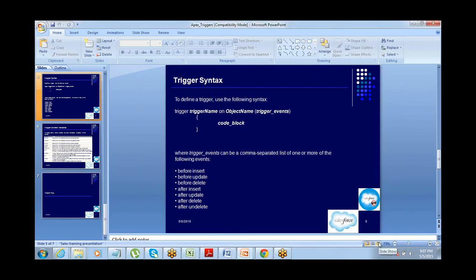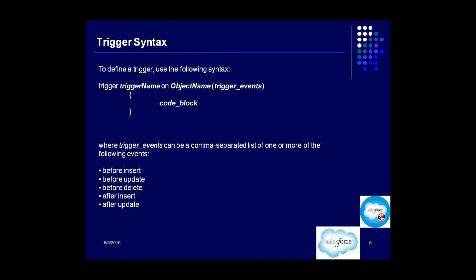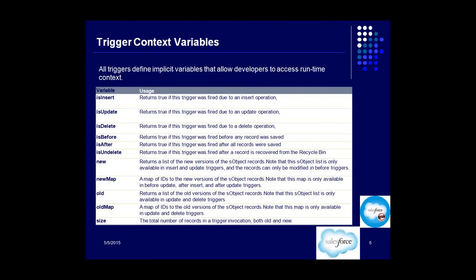So here we are. Trigger context variables: all triggers define implicit variables that allow developers to access runtime context. So there are context variables which you can use to access the runtime records, so that you don't have to define the SObject from your side.